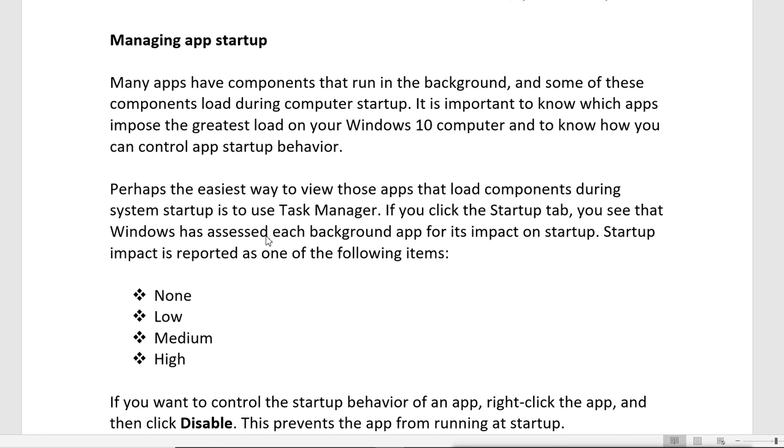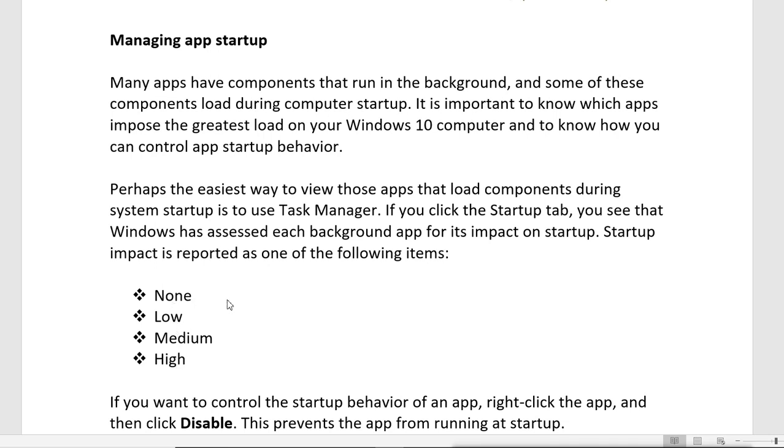Some apps start with the computer, and if a large number of applications start at startup of Windows 10, it can make Windows slow. Windows will start very slowly because of the load. Windows 10 assesses that load as none, meaning it is not putting any load, low, medium, or high.